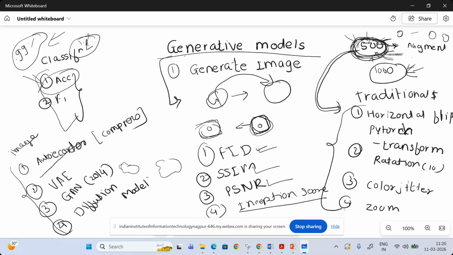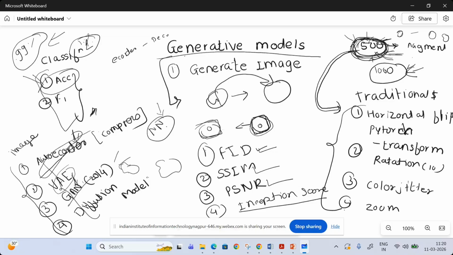This is the autoencoder, and for the text side there is an encoder-decoder architecture. If you see the transformer architecture, there is an encoder and decoder architecture. This is different from the autoencoder. The autoencoder's main purpose is to compress the data or to generate the data. Again, the variational autoencoder is used for the same purpose. Then in 2014 GAN came, developed by Goodfellow. All these architectures are based on neural networks. That is the basic fundamental unit used in all these architectures.